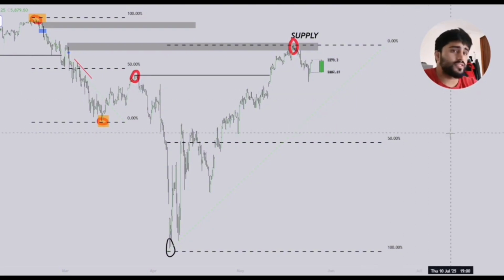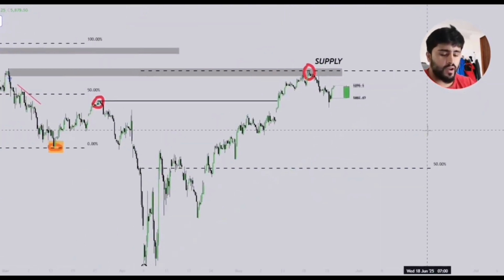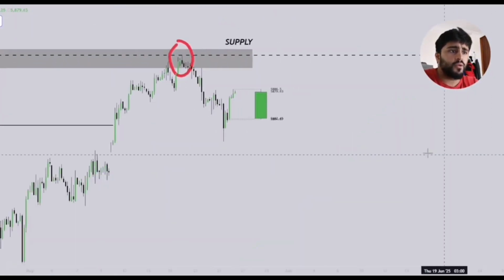So the way we do this is by understanding that we are in a premium, we're way above the 50% area. And what we want to do in the high time frame is start to look for fair value gaps, start to look for POIs. Very important to understand that. And so now from here, we're in a position where